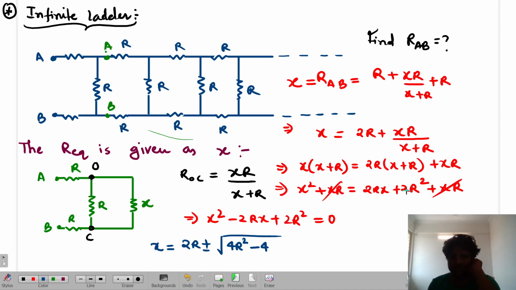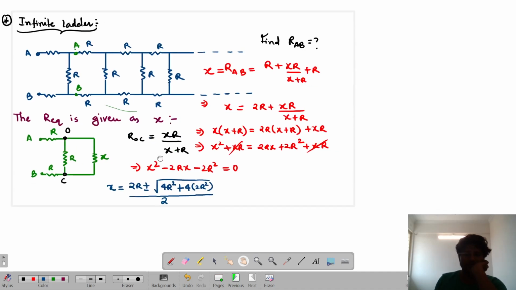Minus, oh sorry, this minus, it will change to minus now. This will change to minus or not? So then plus 2r square divided by twice, minus b plus minus root over b square minus 4ac divided by twice, right? Divided by 2. Okay, so look over here, what I got,